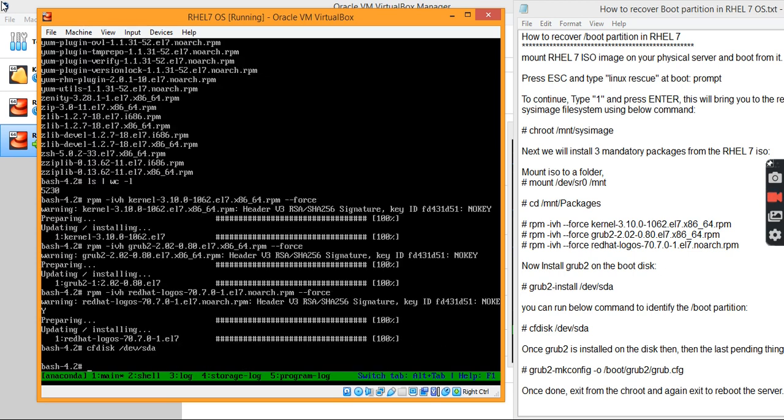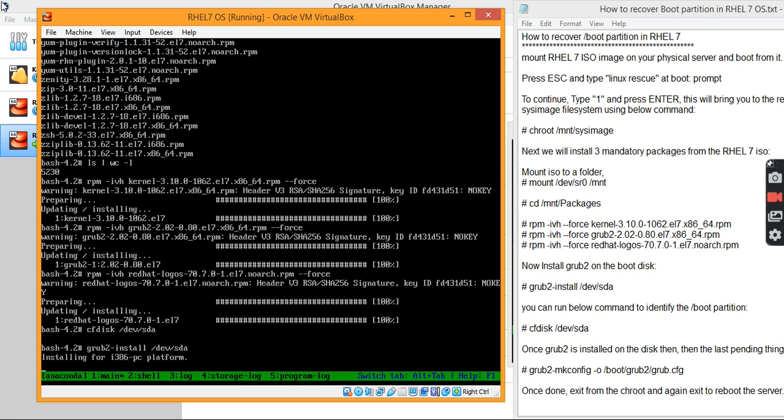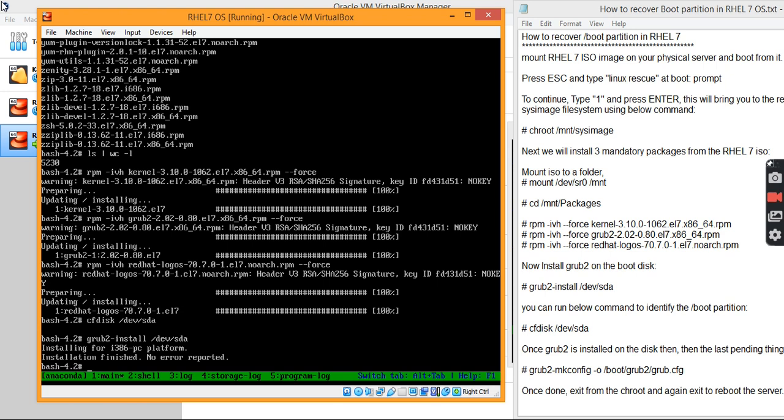So I am going to install the grub with this command. Be careful: before running this command, before installing the grub, first identify the boot partition. It is successfully installed, no error reported.